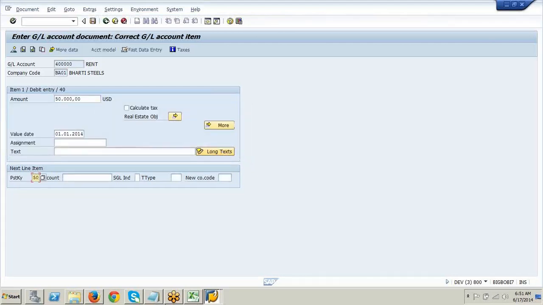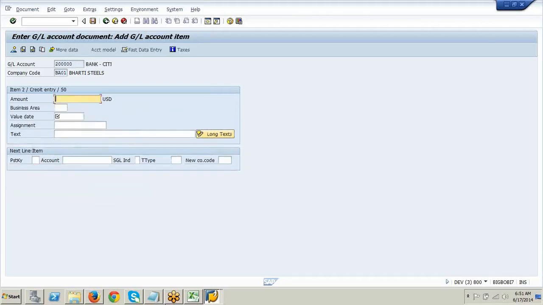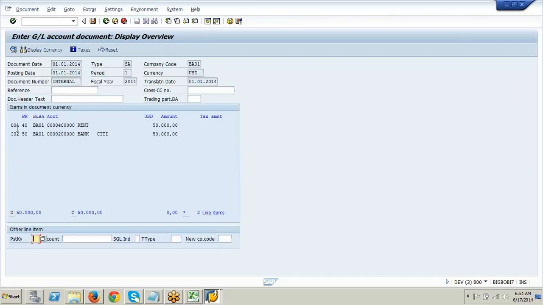Then I'll post here 50, cash going out from bank, right? 2 series we created. Enter. Star, BA01. Document. Simulate. Correct entry, rent to bank. I'll save it.